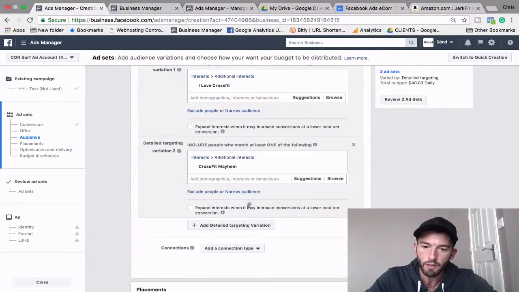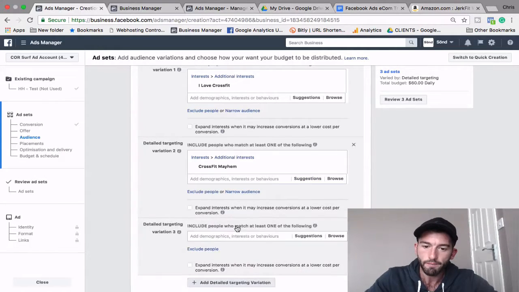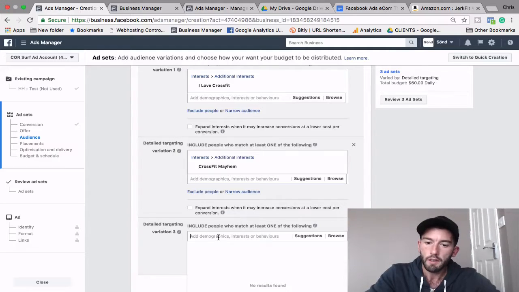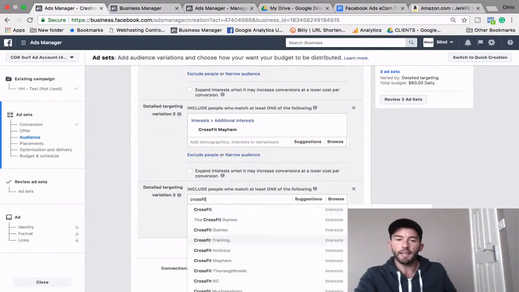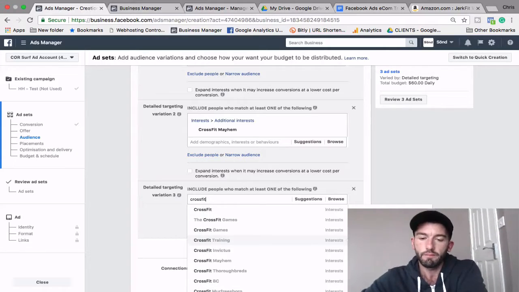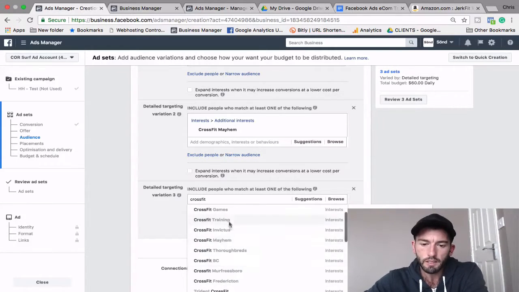that we're actually going to use. We've already been using it in here. Add detailed targeting and variation, and then I'm going to see what Facebook actually suggests. So if I put CrossFit in here, because that's the area I'm focusing on, Facebook is going to suggest all